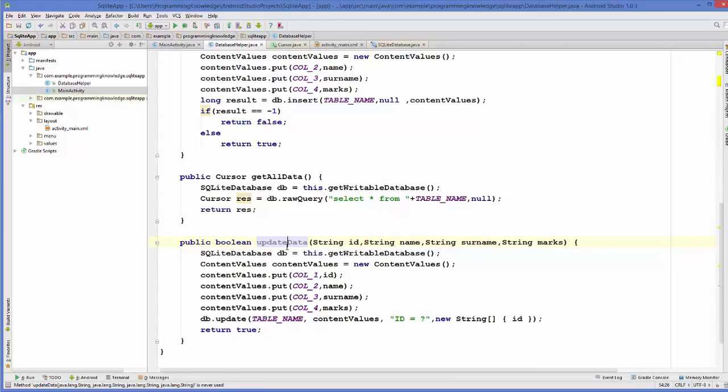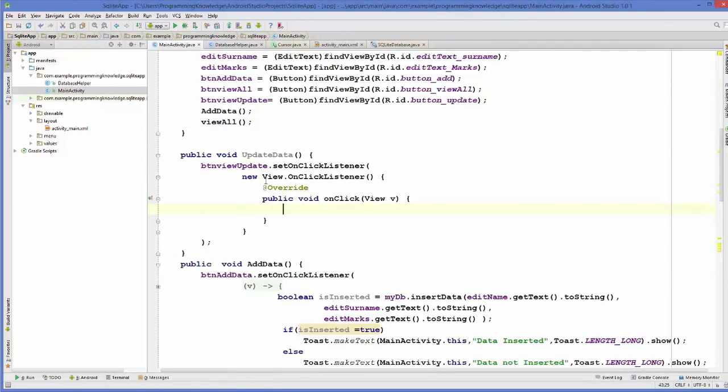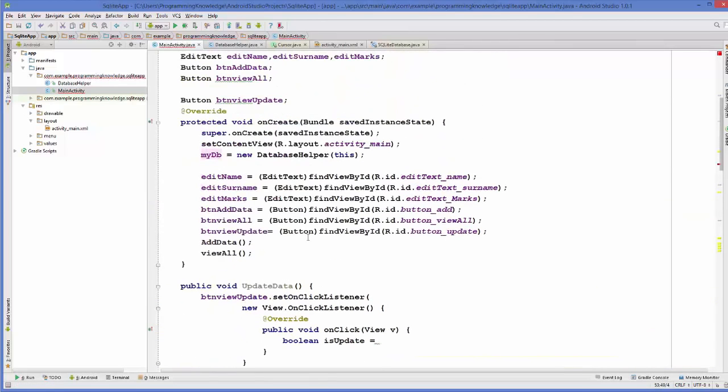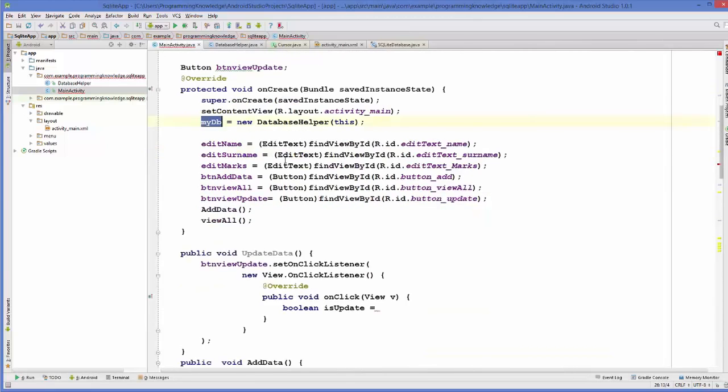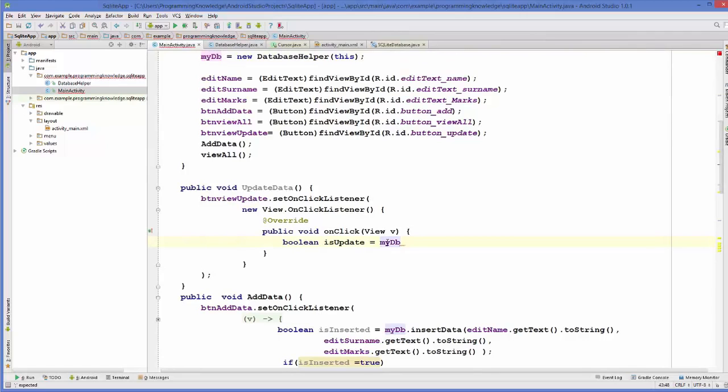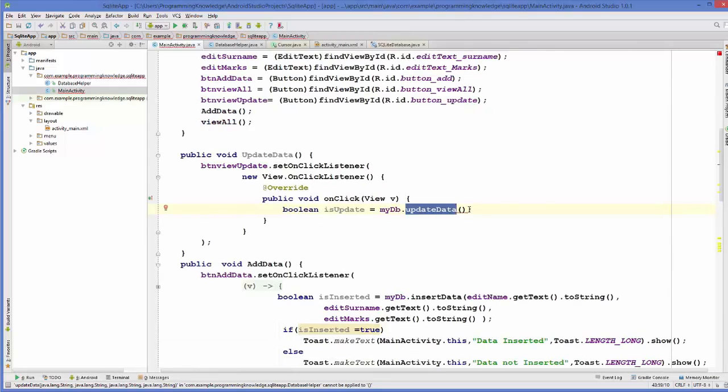And now what we are going to do is in our main activity.java file, inside this onClick method, we will declare a boolean to check if the data is updated, and we will name it as is updated is equal to, and now we are going to take our my database instance which we have created in our previous videos from our database helper class, right? So mydb dot update data, and now this update data function takes 4 arguments, as we know: ID, name, surname